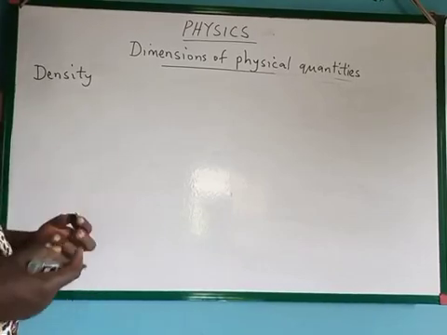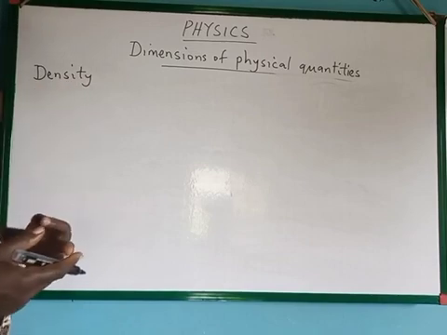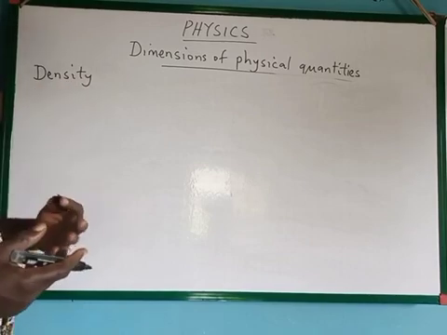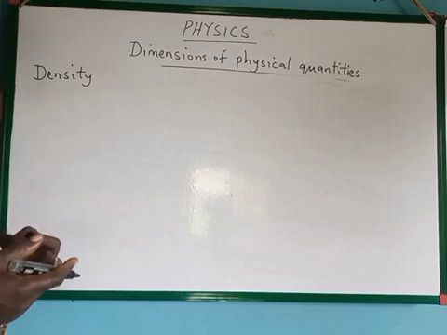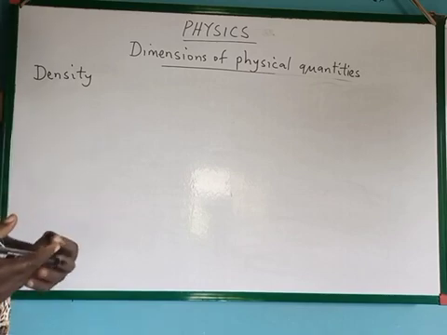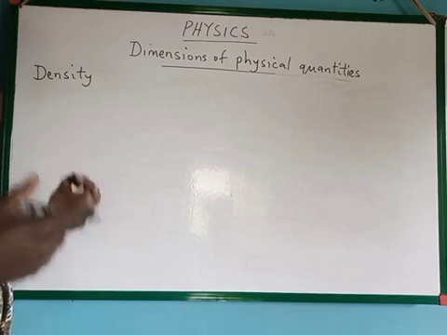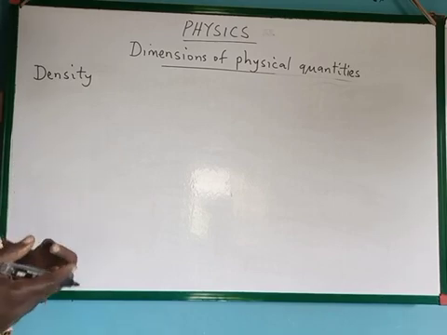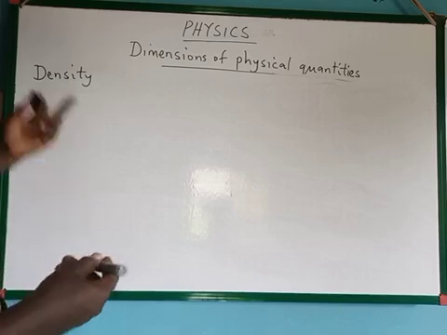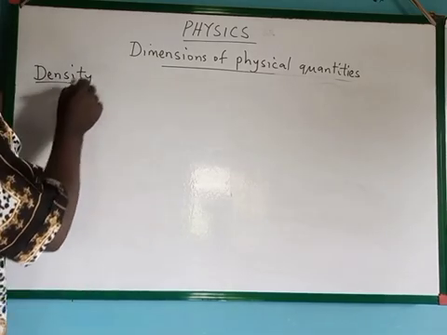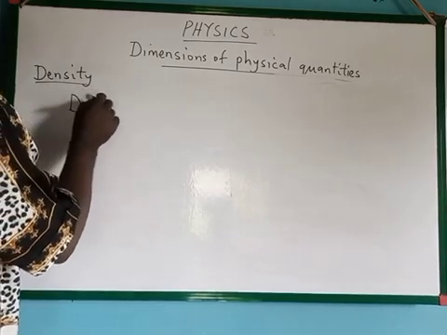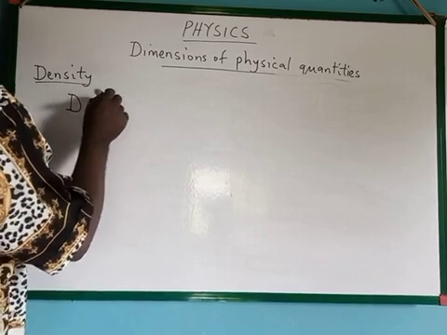Today we are still continuing dimension of physical quantities, and we're starting with density. We will treat pressure alongside this. So, like I said, when you have physical quantities to dimension, what you do first is to write the formula. What is the formula for density? Density is equal to mass